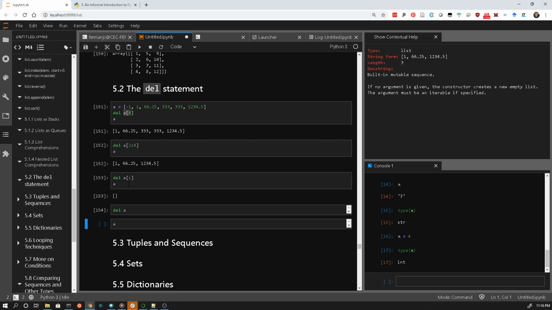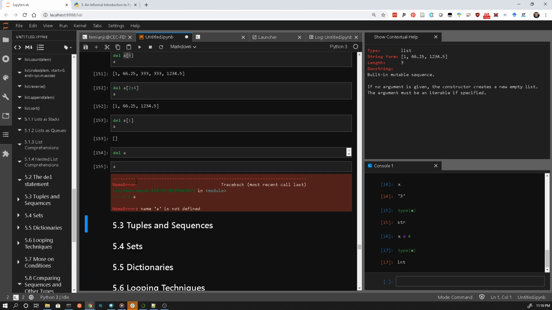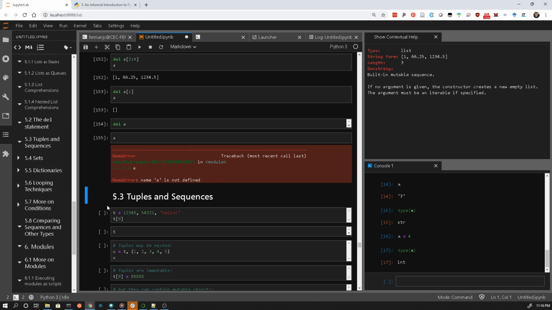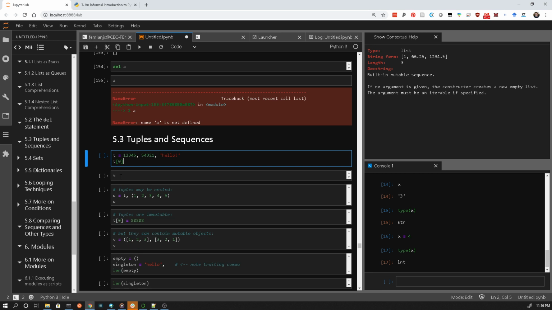And then here we can delete the list itself, in which case that name is no longer valid, right? So you've removed the variable. It's gone. You can't refer to it anymore. So that's the del keyword. That's pretty useful. Again, we've been using tuples, so we'll dwell a little bit on what a tuple is and